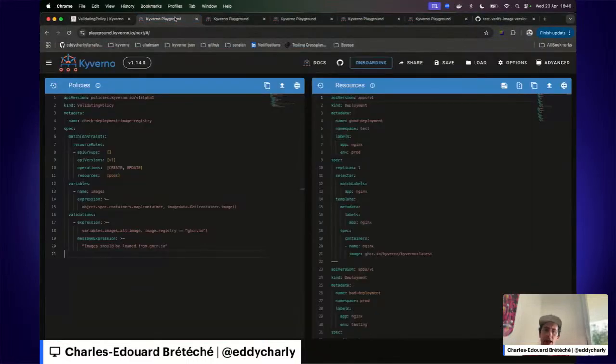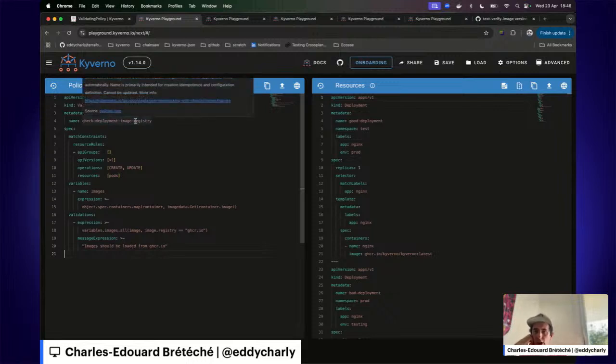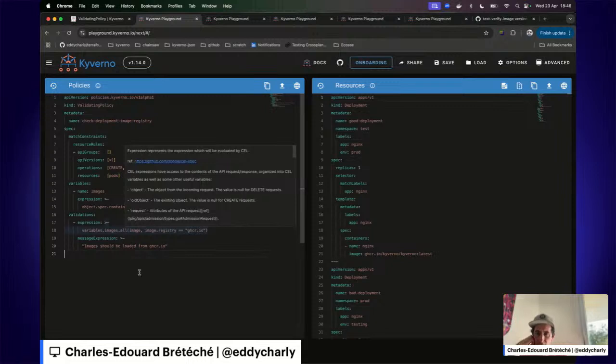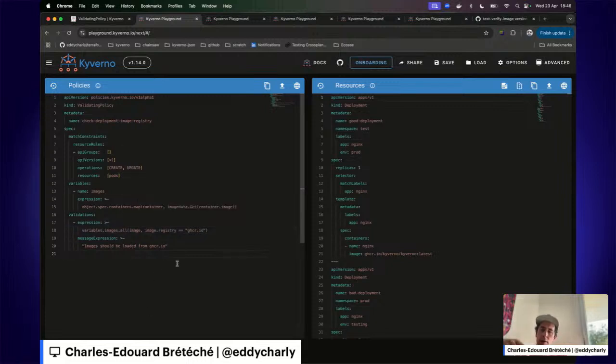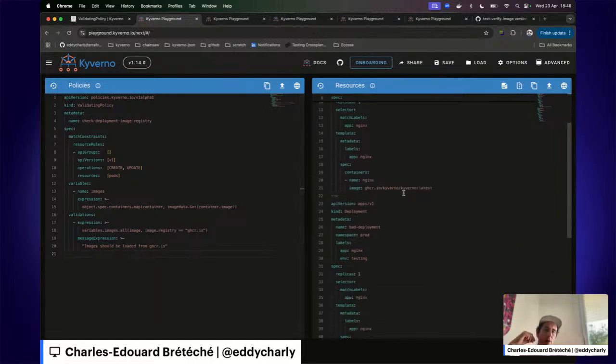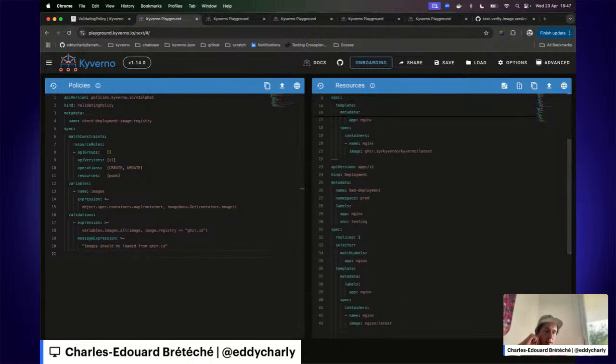The last thing we have is we can use the Kyverno playground. The Kyverno playground already supports Kyverno 1.14. And in this example, we are going to check the image registry. We are going to verify that all images are coming from ghcr.io, and we have a good deployment and a bad deployment.